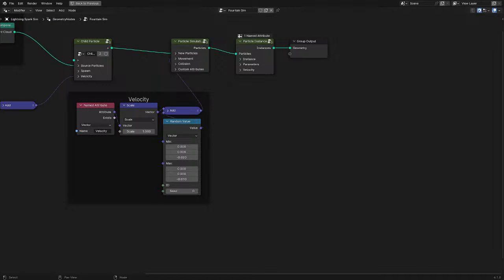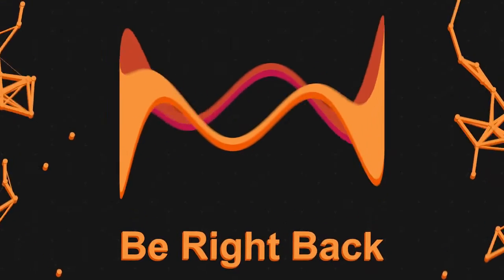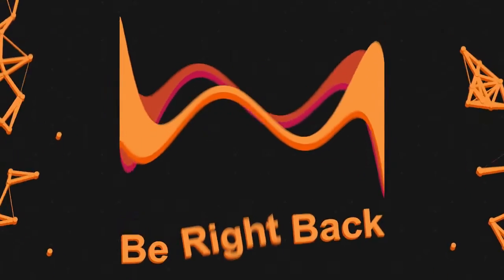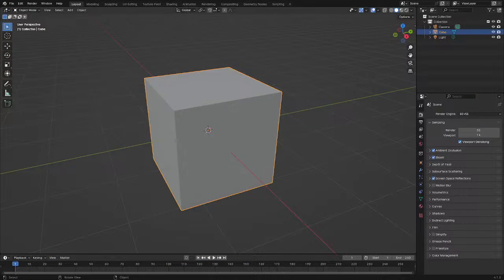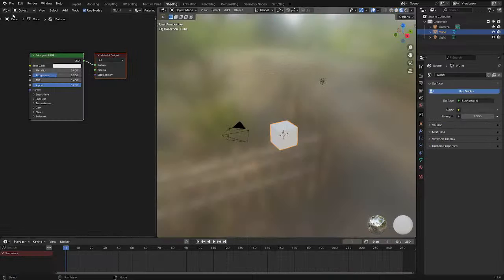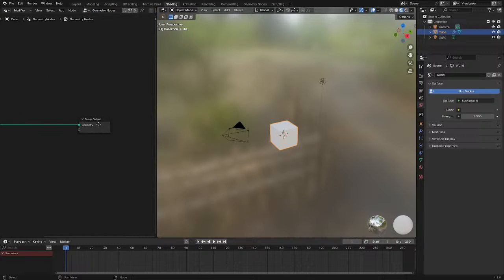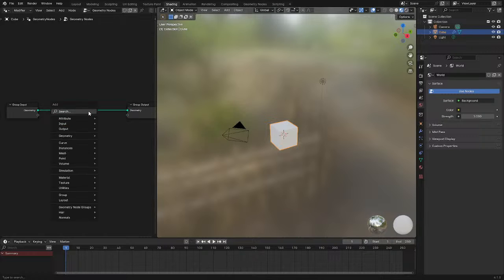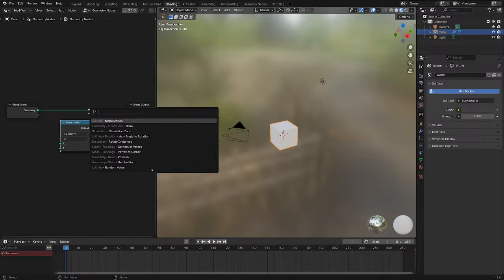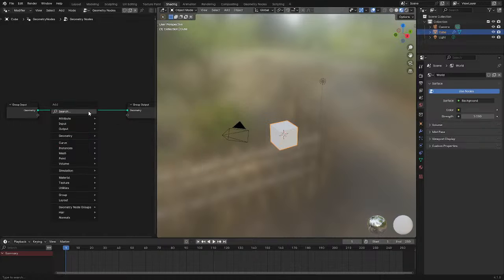Let's see, one second everyone, I'll go and open up a new file where we can actually test this stuff out without breaking old projects of mine. So here we go. Let's get the chat back up. Okay, let's go into the geometry nodes section, new, and let's put in that menu switch. And also this has a twin node called the index switch, which